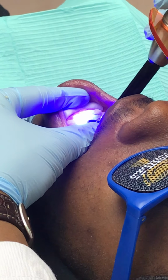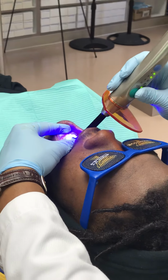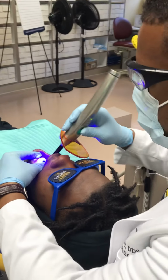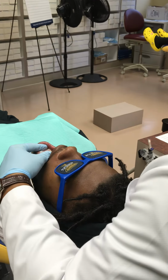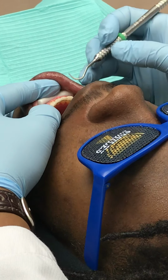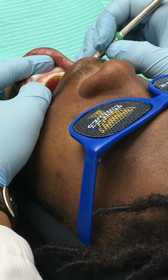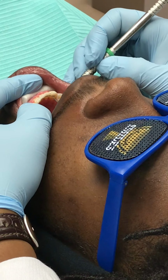So thus, it creates a nice, seamless, smooth application of the adhesive. As I'm looking at it now, it looks like the adhesive that was applied is very minimal. That's what we want, but I also want to check to make sure that number 1, so right here when